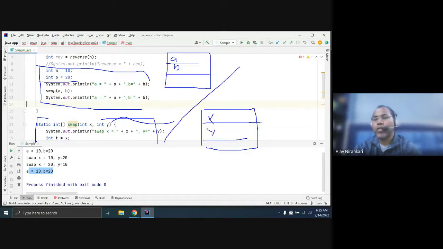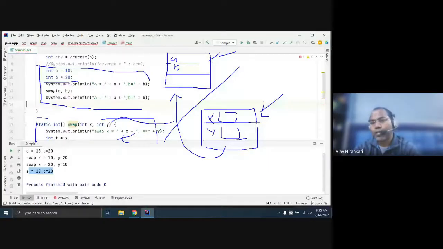Whatever you change in X and Y will change only inside the method, but it will not impact your main method or any other. Whatever you do only impacts inside this swap method. The changed values will not have any impact on the variables in your main method, right?